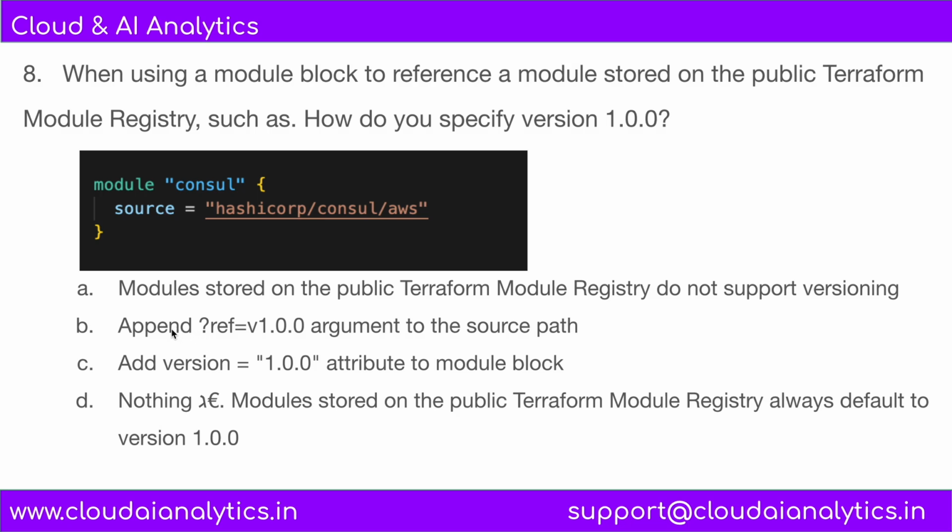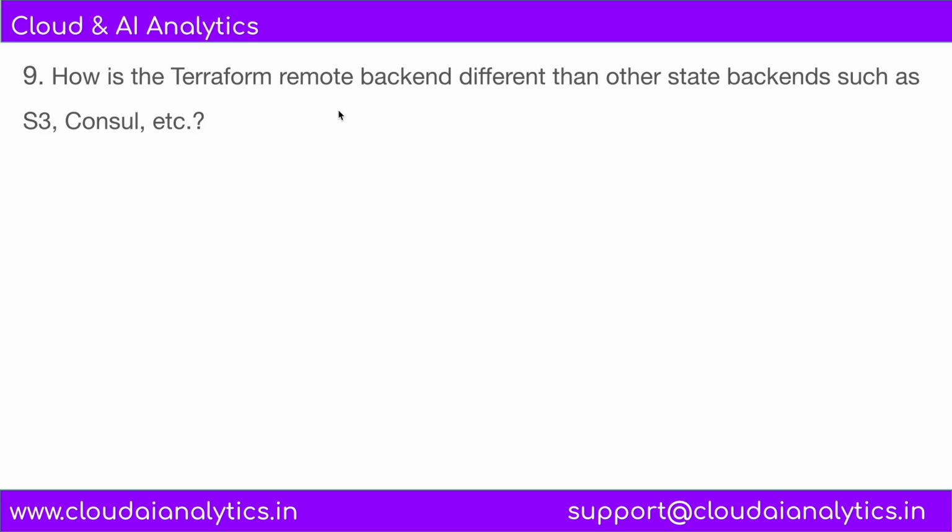And moving on to the next option, that is option D, nothing, modules stored on the public Terraform module registry always default to version 1.0.0, which is also incorrect because they default to the latest stable version, not specifically to 1.0.0. And moving on to the next question, how is Terraform remote backend different from the other state backends